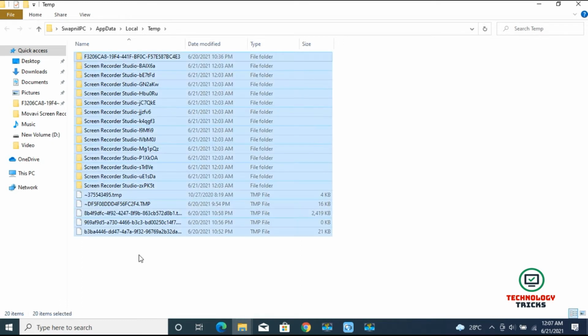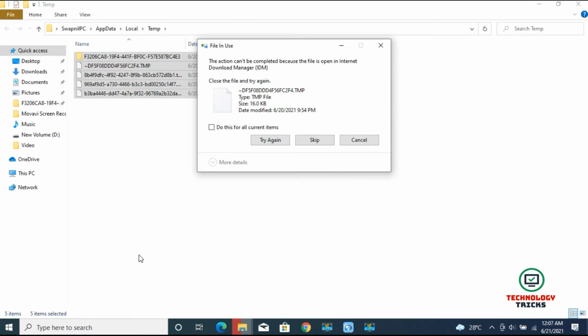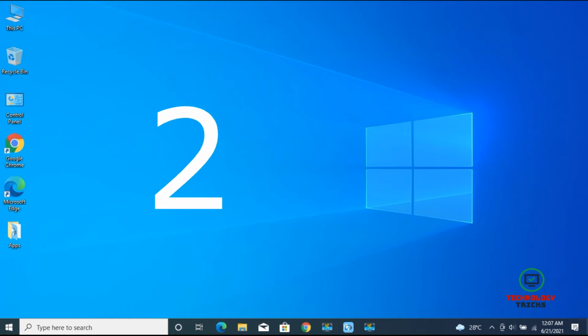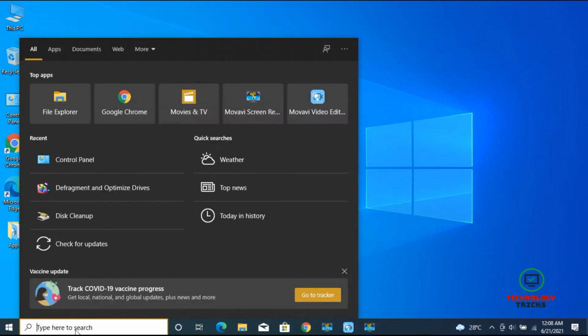Select all and press delete. Some files have already been deleted and some have not. These are being used by the system right now, as I told you earlier, so they will be deleted later on.